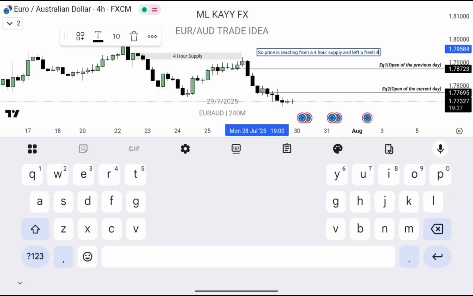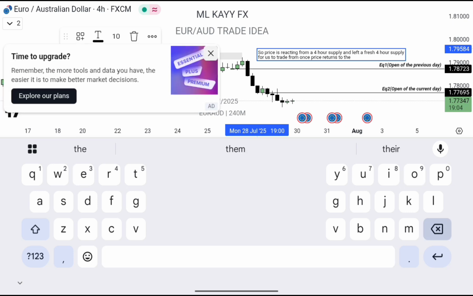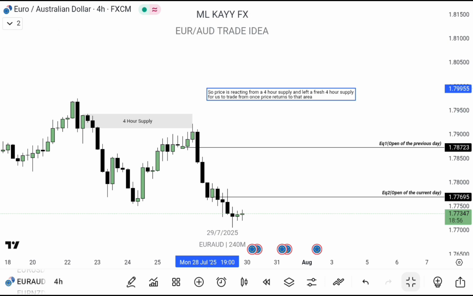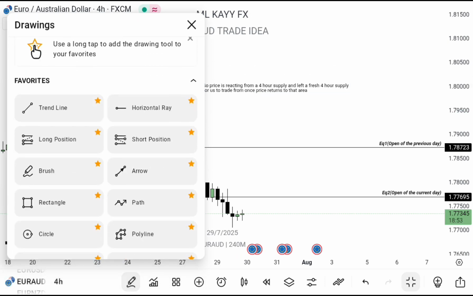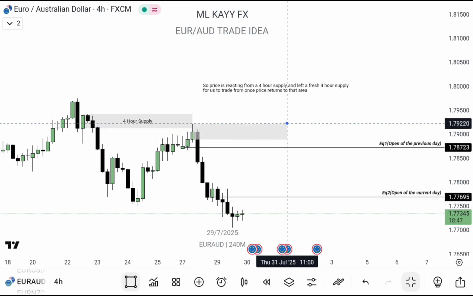So we want to see what happened once price reacted there, and see if there isn't any fresh supply that we can trade from. So now I think you guys can clearly see that we have that 4-hour supply over right there,